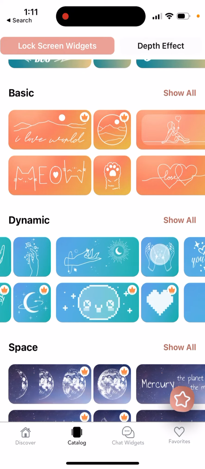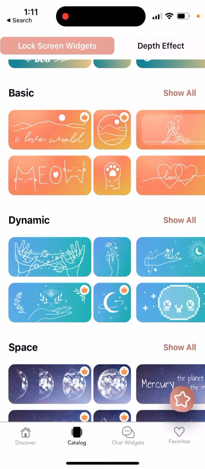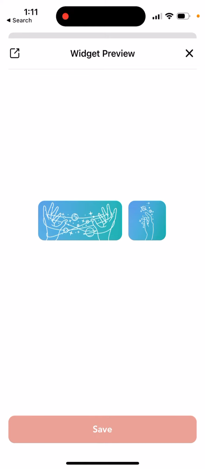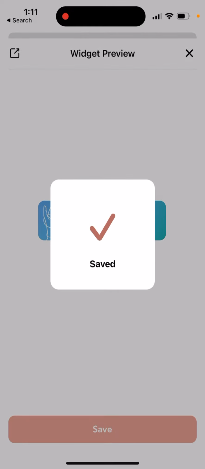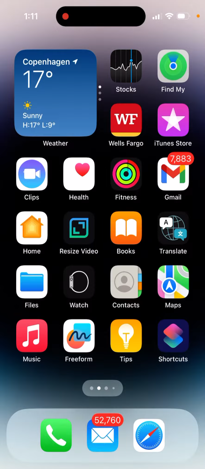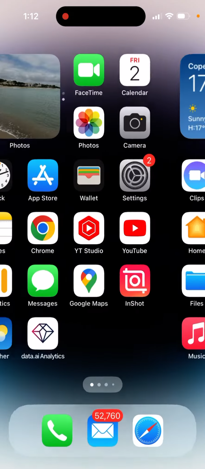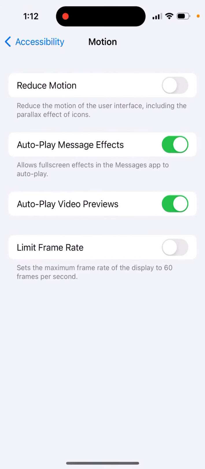However, a lot of lock screen widgets require a premium subscription. So then you just select a widget, and then you need to save it to your app, and then you see saved. It's saved. So now what you can do, just go to the settings app, and